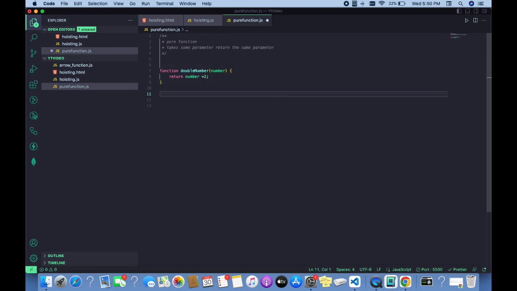So what we will do, we will take one let result = doubleNumber, and we will pass one value and console log this value. If you see here, we are calling this method and passing one parameter, which is the number, and multiplying with this number. So if we print this result,